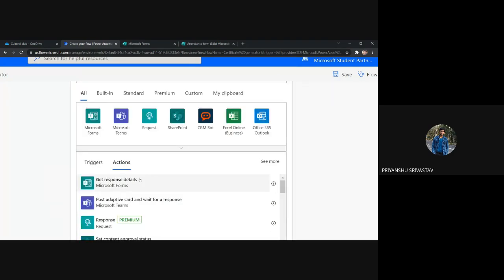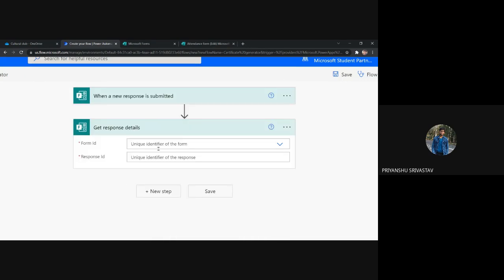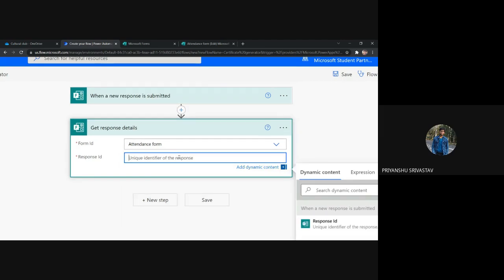Here at the bottom, under the Actions tab, you can see that there is an action named Get Response Details from Microsoft Forms. So we have to click on it, and here it is again asking for form ID, that is, which form we have to get the response details from. Let us click on the drop down menu and then click on attendance form. Now it is asking for response ID.